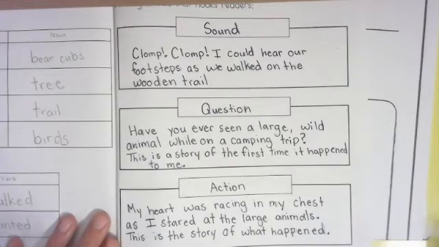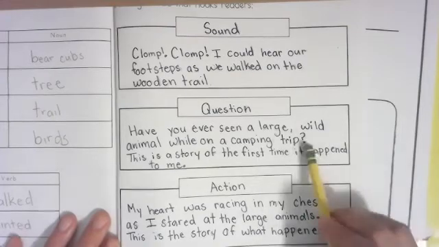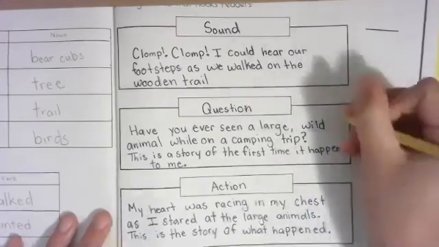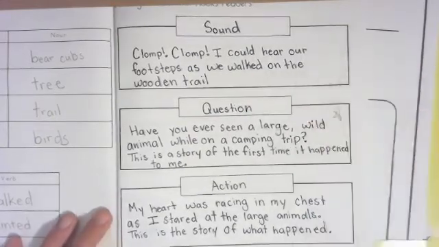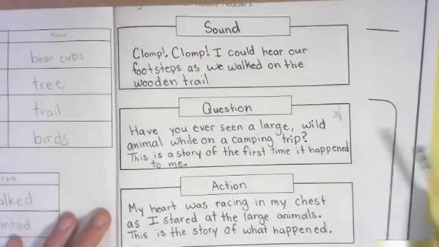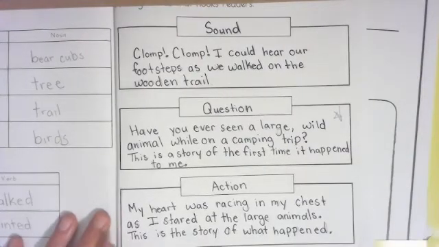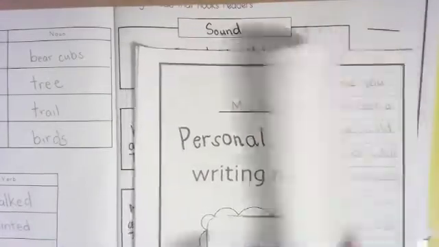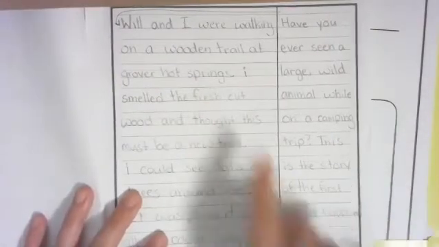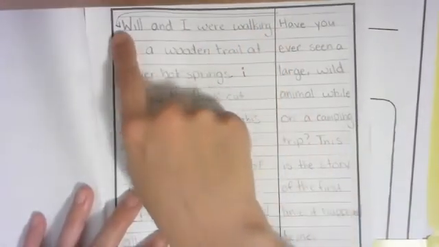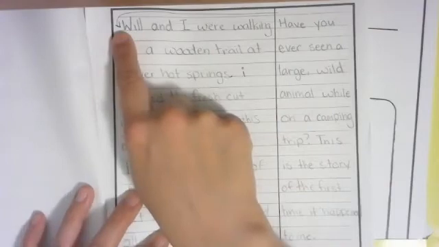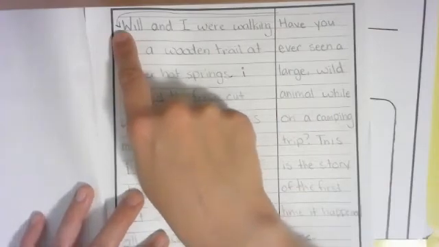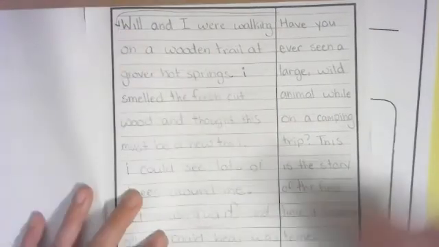And I'm thinking about it, and I really like my question. So I'm actually just going to put a star right here, and then that's going to let me know that I'm going to start with a question. And because it's the beginning of the story, I wrote it in on the side here, and I drew an arrow pointing to where I'm going to plug that in when I finish my final copy.